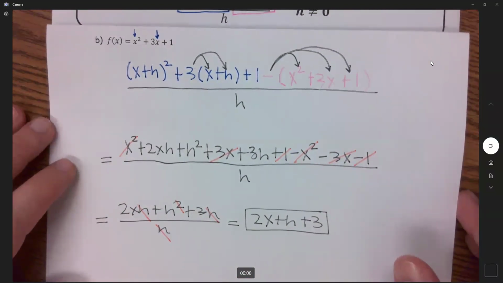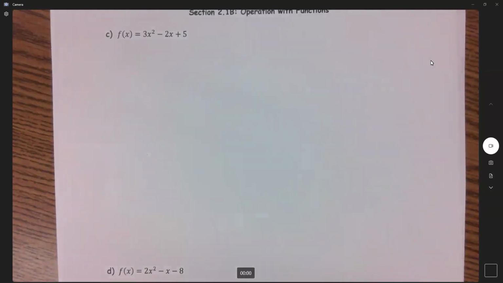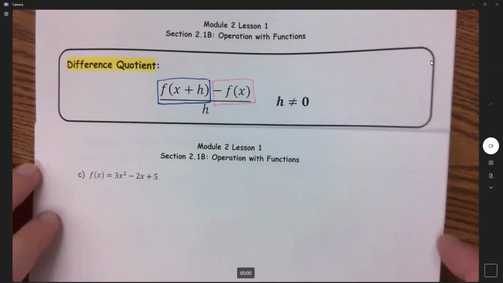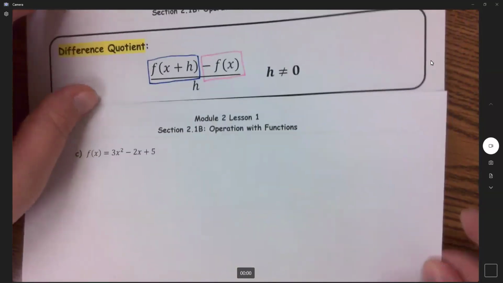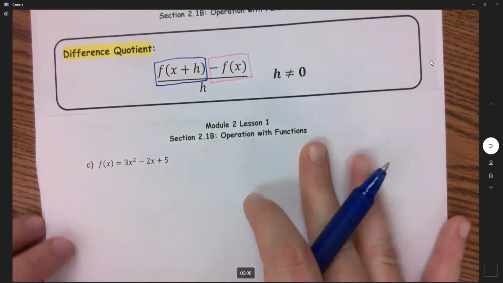Okay, if you feel like you've got a grasp on it, maybe pause this video and try to do part C here by yourself. If you want one more example, you can maybe try to watch part C with me and then try to do part D on your own. So going through part C here,